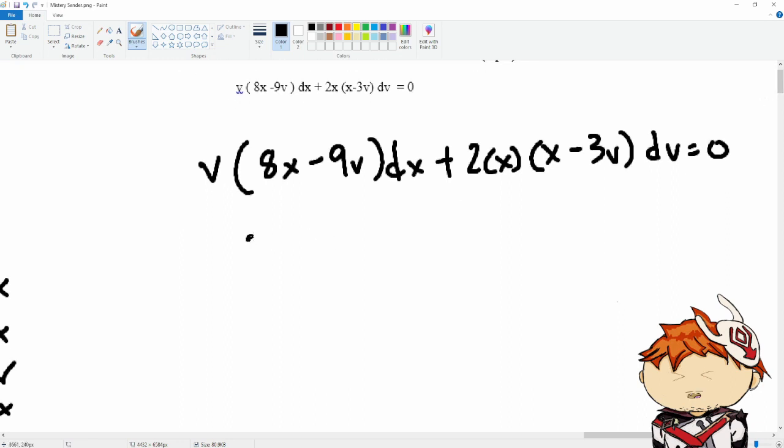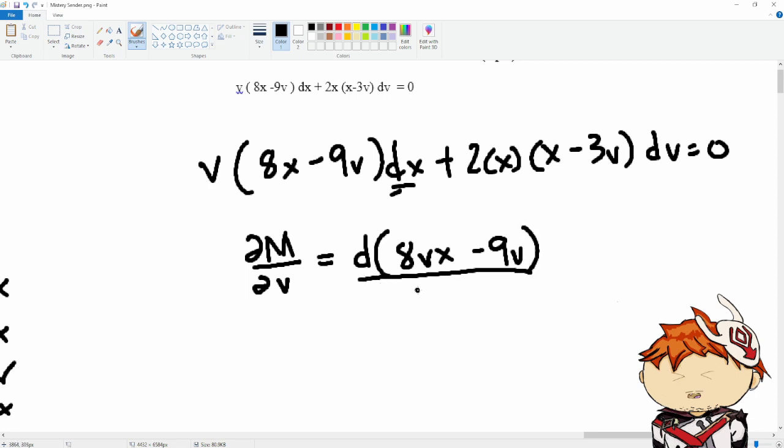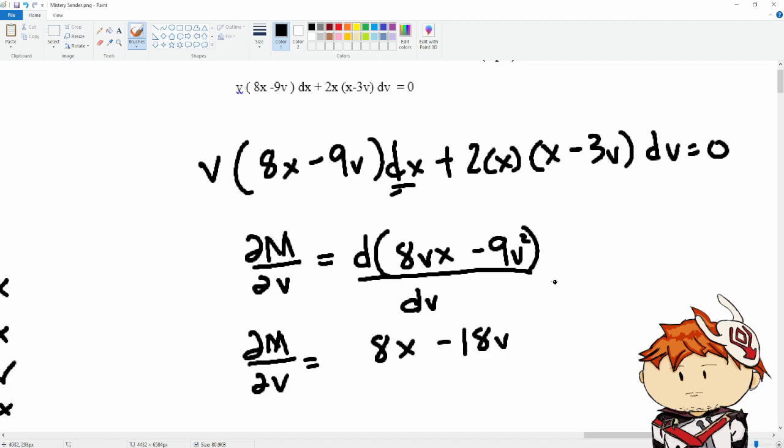How about we test for exactness? Well, obviously, because it's non-exact made exact. So remember, differentiate at the opposite variable. So this will become the differential of 8bx minus 9b squared with respect to b, right? So this will become 8x minus 18b for the opposite side,